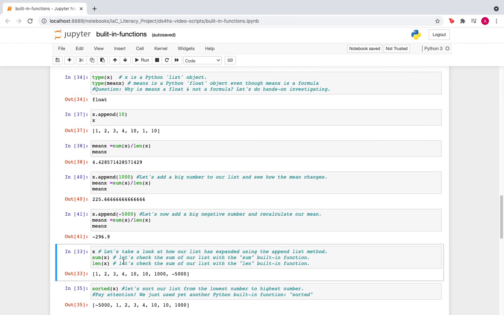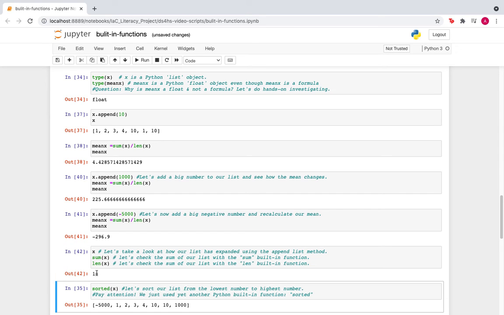Now we're going to do x and then sum of x and then len of x. Let's take a look at how our list has expanded using the append list method. Let's check the sum of our list with the sum built-in function. Let's check the length of our list with the len built-in function. So the len, or length, of this list is 10. Let's comment that out. Let's see the sum of it. It's negative